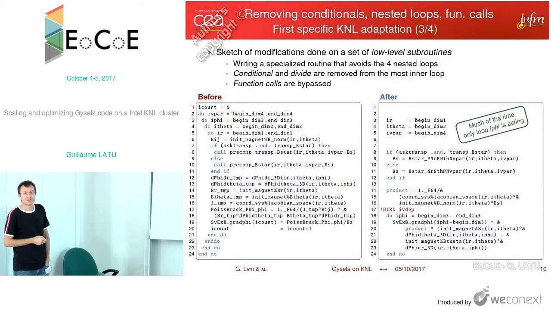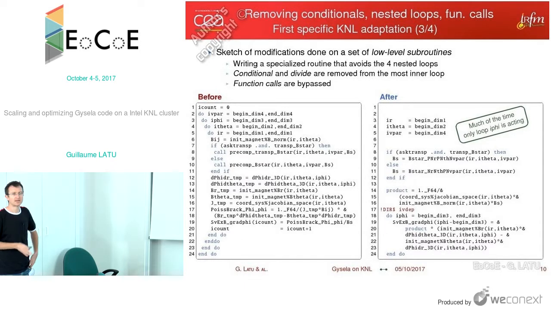So I hope that you see the code in the room, but I will show before and after the modification we have done for a set of examples. So in this example, we have 4 loops here, but in many cases we have only 1 real loop and 3 indices that are fixed.